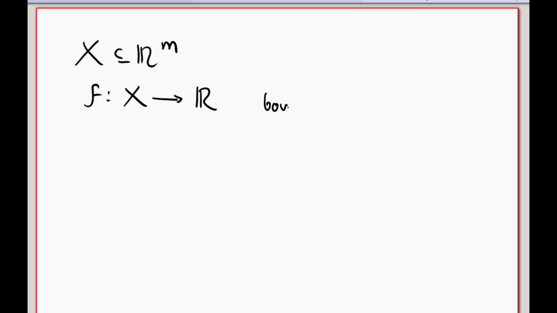We need to recall what an oscillation is. So to begin with, we start with these definitions. Let X be an arbitrary subset of R^m and f defined on this set. It is a real function with vector values, also known as a scalar field, and this is a bounded function. So we can define the oscillation of f on the whole set, on its whole complete domain,